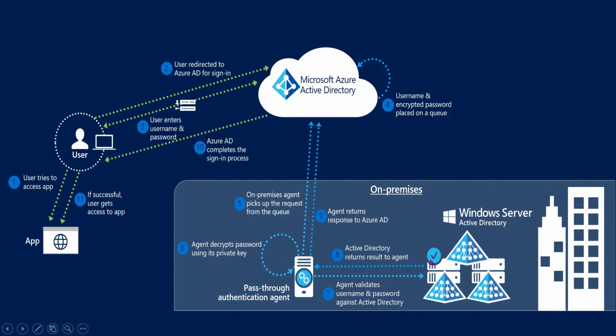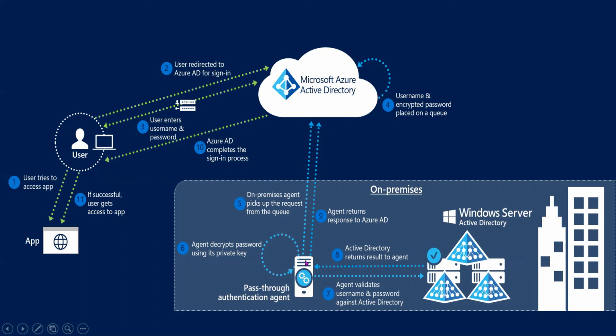If validation is successful or fails also, the result will be returned here. Then it will forward it to the Microsoft Azure Active Directory. Azure Active Directory will complete the sign-in process here, right? So this is how this whole process is working in the pass-through authentication. And the overall conclusion of this concept of pass-through authentication is that your password validation is not happening at the cloud level but in the on-premises Active Directory level here, with the help of this